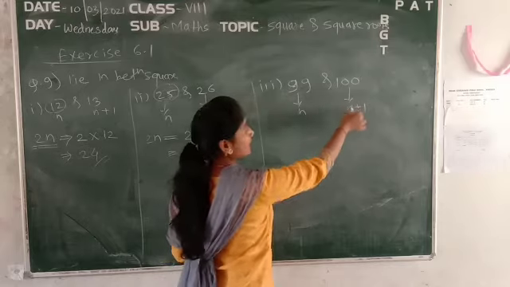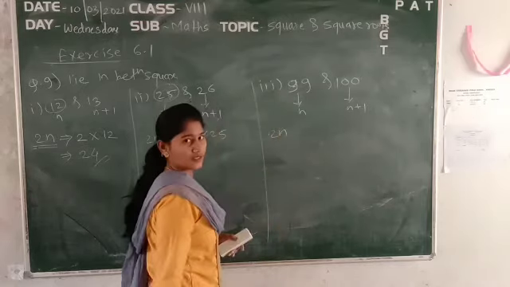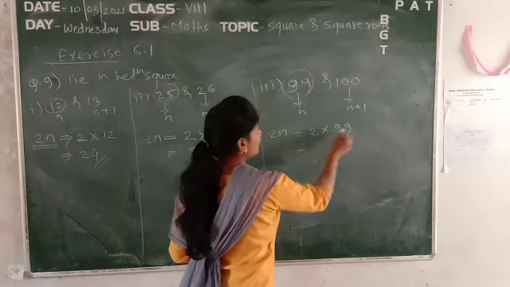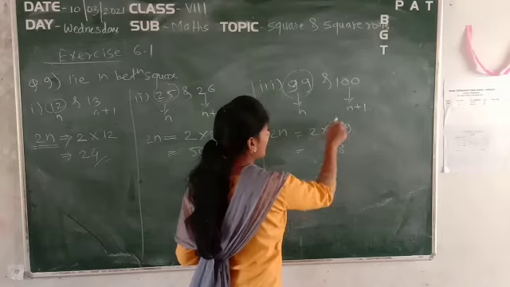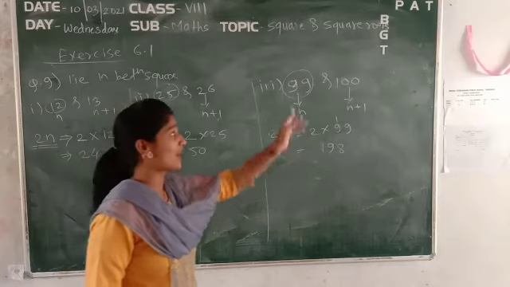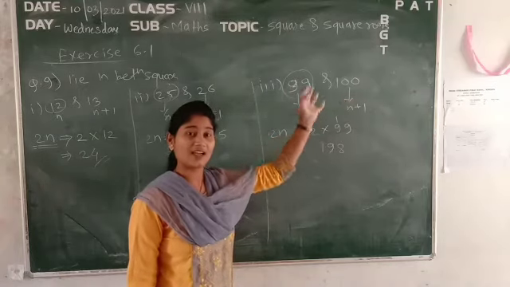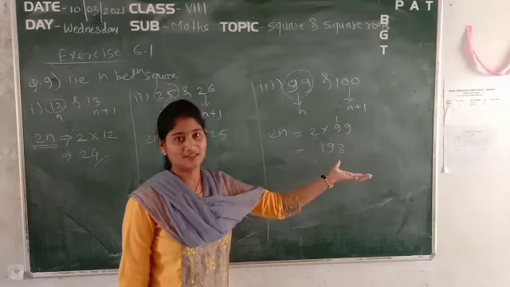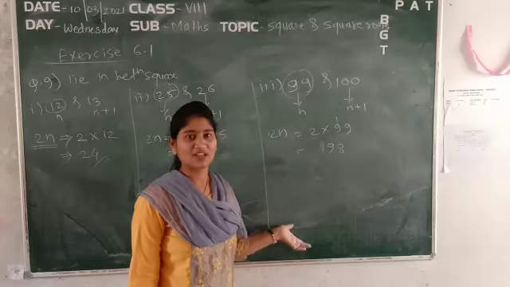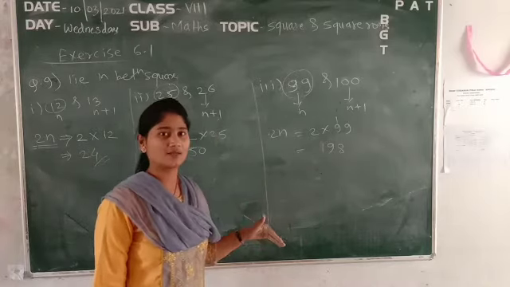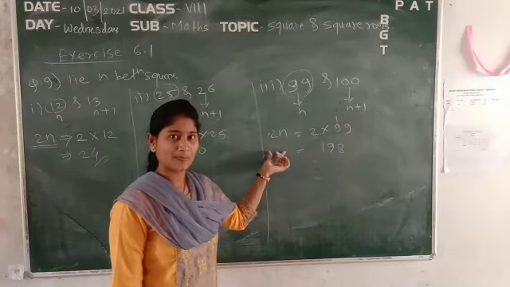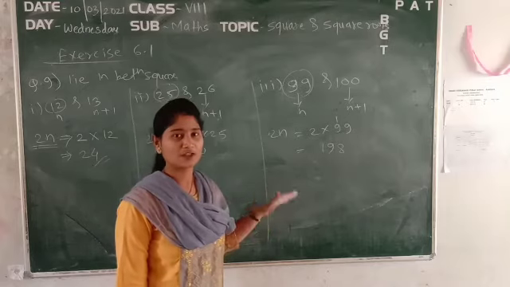Again, the first is n, the second is n plus 1. The formula is 2n, which is 2 into n, and here n is 99. So 9 times 2 is 18, carry 1, 18 plus 1, 19. So between the squares of 99 and 100, there are 198 numbers. Will you be able to calculate all these numbers by doing the calculations? No. That's why they have provided us a simple property: between n and n plus 1, there are 2n non-square numbers.